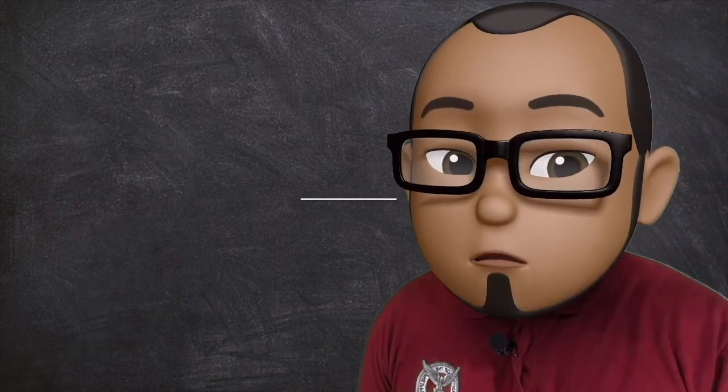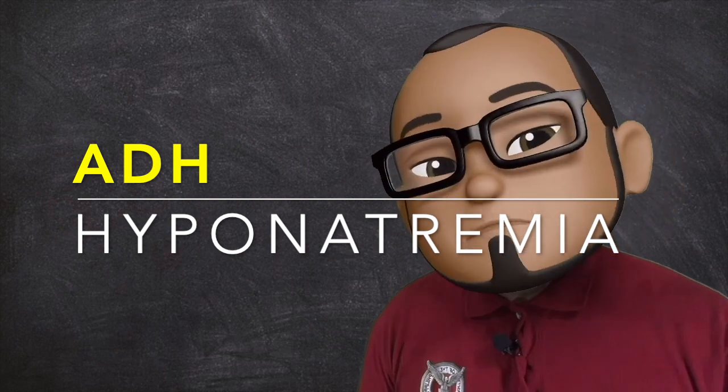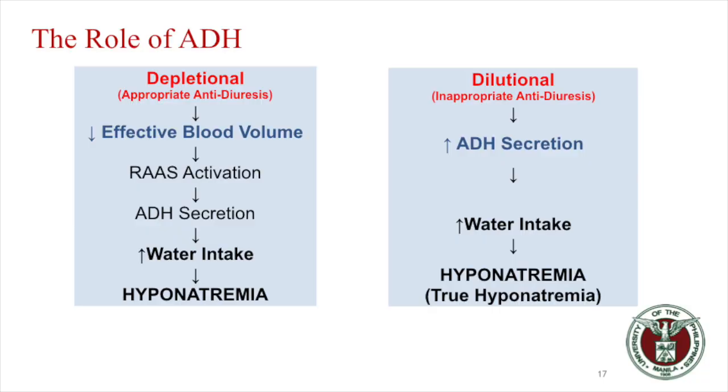What is now the role of ADH and hyponatremia? There are two mechanisms for hyponatremia and ADH secretion. You have your depletional or physiologic or normal appropriate antidiuresis. This is triggered by decreased effective blood volume, triggering now your renin-angiotensin-aldosterone system. With your angiotensin II, it will release a lot of ADH, such that with the increased water intake, it will